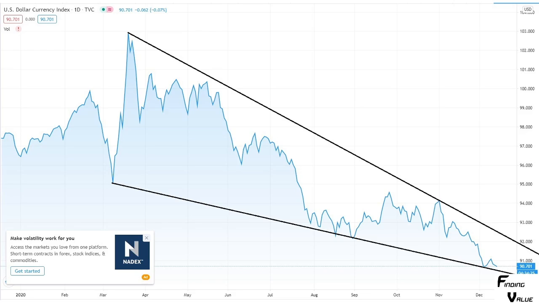So here's the dollar index. I want to go over the dollar here. Nice big chart pattern going down. Perhaps this breaks to the upside, perhaps this breaks to the downside. This is one to watch. It's in a chart pattern, and remember, big chart pattern breaks result in big moves. So it's one to watch. I think it's going to drop to the downside, based off of all these other chart patterns I'm going to show you in the future.